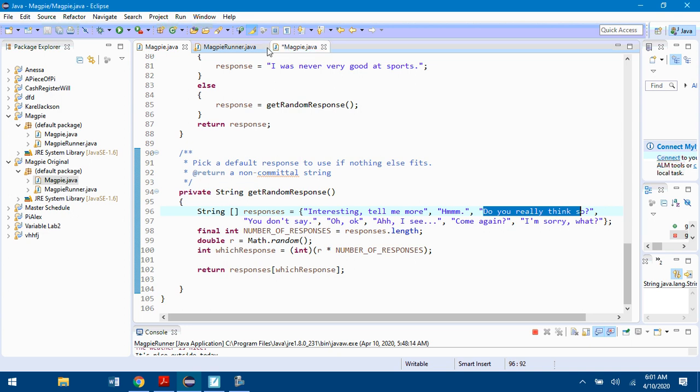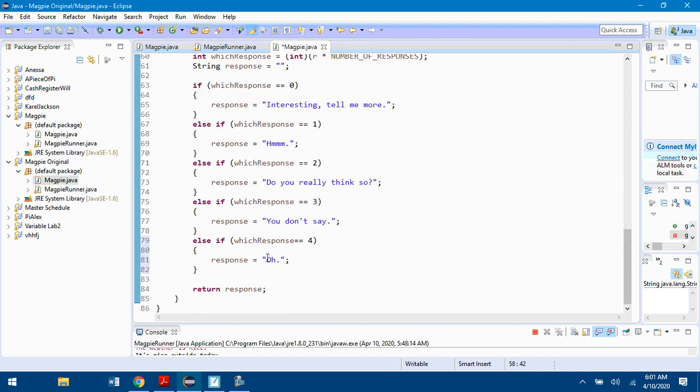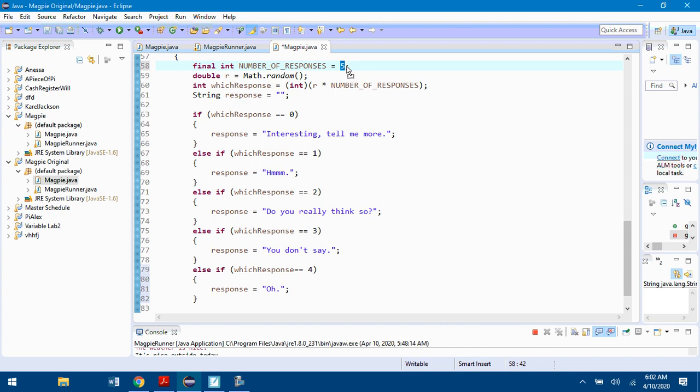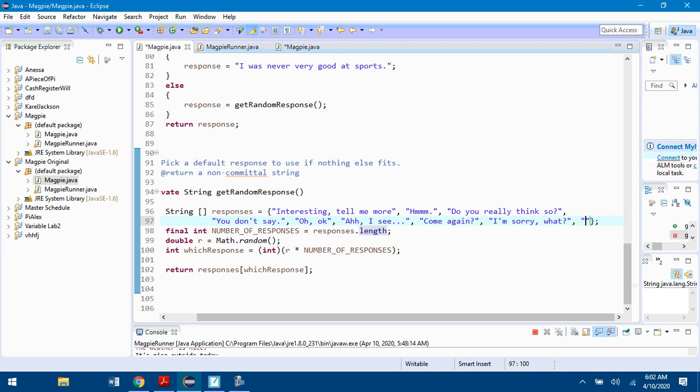Now that number of responses, originally I told you to keep updating it. Like I changed it to 5 when I added my O response over here. And I could just make it however many responses I have, but one way to make it so you don't have to always change it is to just set it equal to responses.length. Responses.length is how many values are stored in the responses array. So if I add one now, like if I added "haha," I wouldn't have to update this line because it would be automatically updated, because responses.length would be 1 bigger.